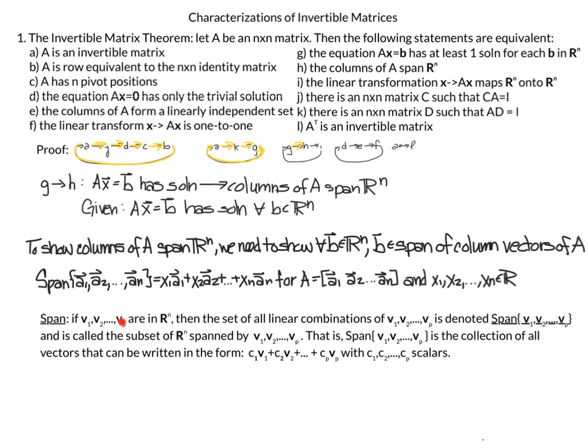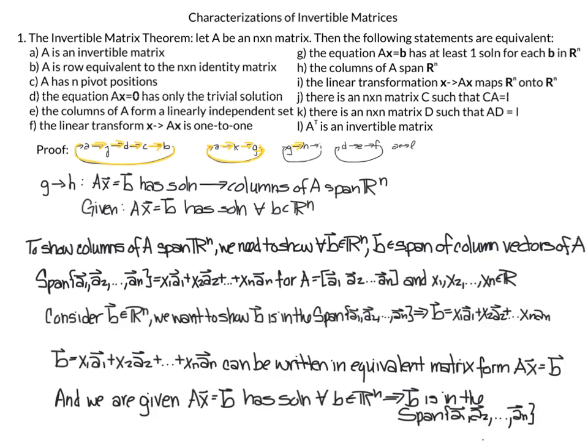And remember, the span is a set of all linear combinations, so that's what I've written here. So we consider B in Rn, and we want to show that B is in the span of these column vectors, which means we need to show that B is a linear combination of the column vectors of A. So B equals x1 a1 plus x2 a2 up to xn an can be written in an equivalent matrix form. So we gather all the a's into a matrix times the real numbers, we gather it into a vector,